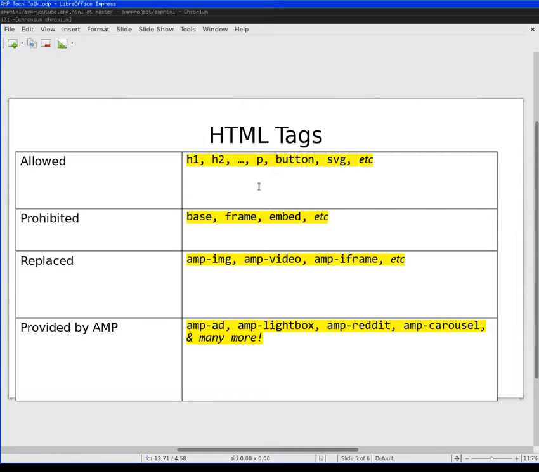Additionally, there are brand new tags which are provided by AMP itself, which are community driven, and with this I mean that the community can contribute and create new AMP tags. For example, and I'm mentioning only a few of these, there is the amp-ad tag, which is optimized to host advertising, or amp-lightbox for image galleries, or amp-reddit, or Twitter, Facebook, and other